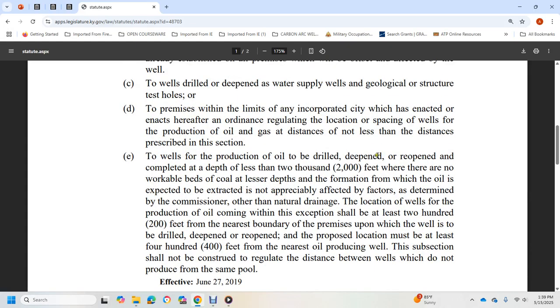For wells producing oil that are drilled, deepened, or reopened to a completion depth of at least 2,000 feet, where there are no workable coal beds or lesser depth formations from which oil is expected to be extracted, and which are not appreciably affected by factors determined by the convention of natural drainage,